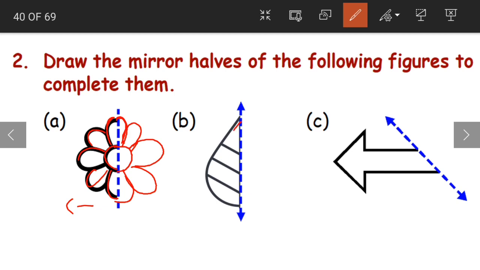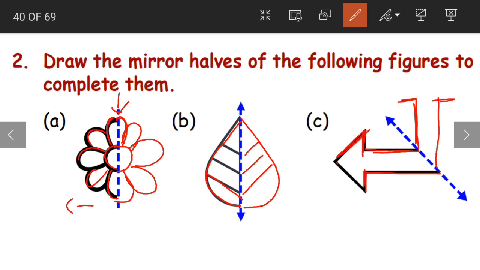Again for figure B. Now look at this shape. The same shape is to be drawn here. And then we are having lines. It is like this. So like this. Understood? With the line of symmetry, this is the line of symmetry here. With the help of the line of symmetry, we are able to complete these figures. Now even this. It is here. So here. Then here. And then here. Then we are having two lines like this. So two lines. Then we are having a triangle on top.